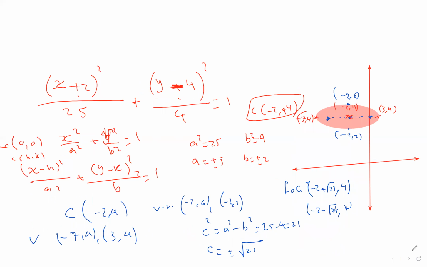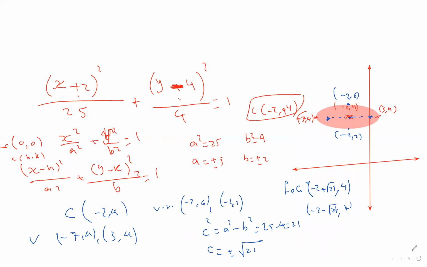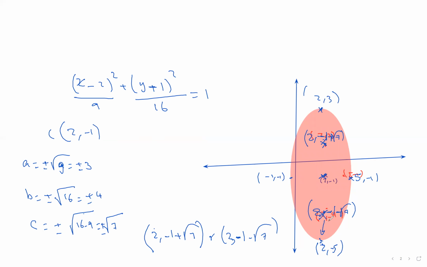Okay, this is the first one and this is the second one. Note that in this one, the major axis is parallel to the x-axis, and in this one, the major axis is along the y-axis, because 36 is more than 4. Okay,